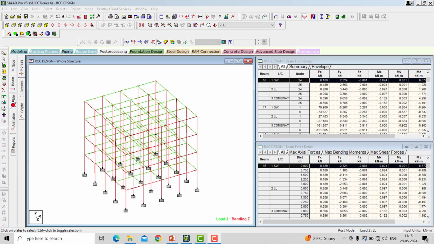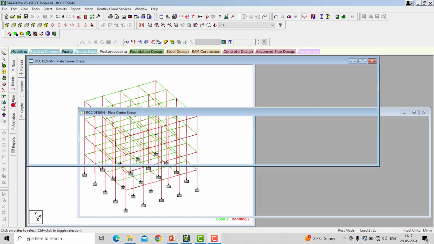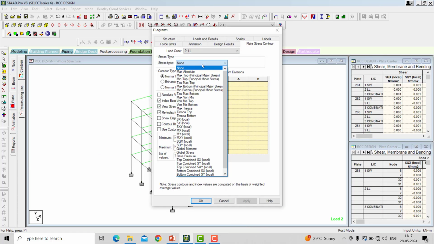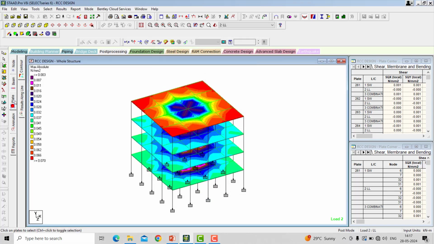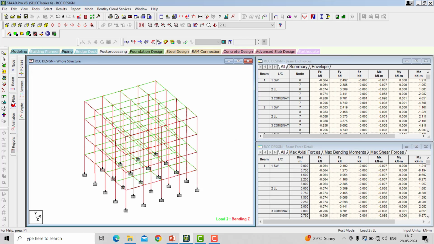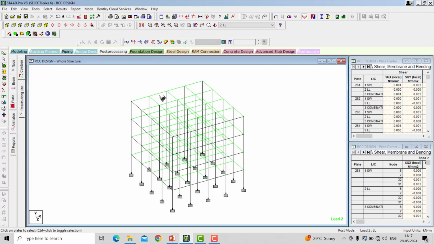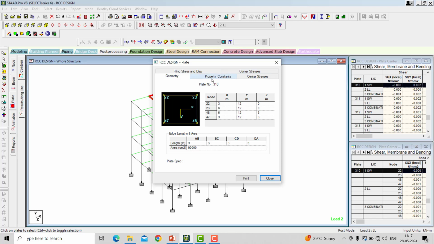To check the slab result, you take the plate cursor and then go ahead with the maximum absolute stress and have a look. But when I double click on any slab like this, I don't get any design parameters, like how many bars we have to use, main reinforcement, distribution bars. As I already told you, in the static view you don't get any results related to the slab.